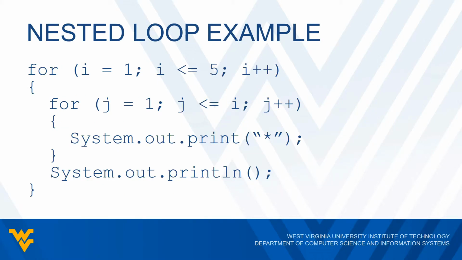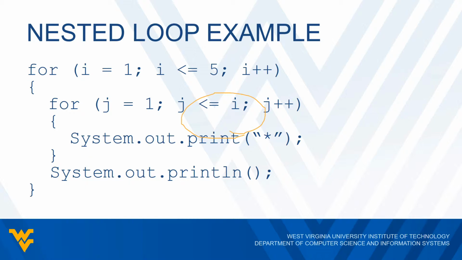So here's our resulting code. So we have our starting for loop where we check if we have I is 1, we check if it's less than or equal to 5. But look at our second for loop. So first of all, we see that we can put it inside the body of our for loop. But here we're using I as the condition of our second loop. So we have j equals 1, and we check if j is less than or equal to I,